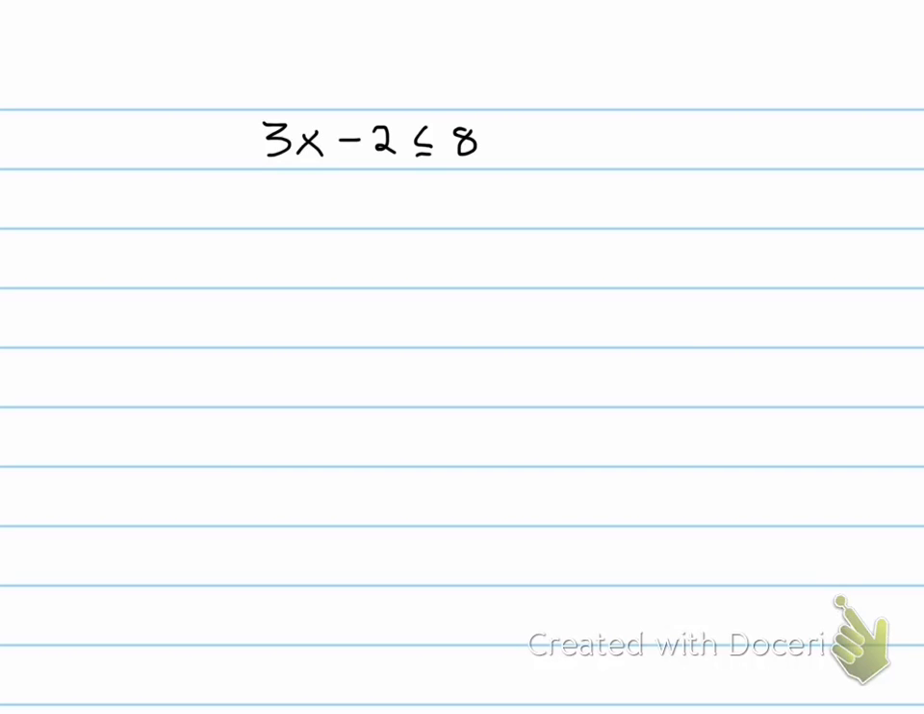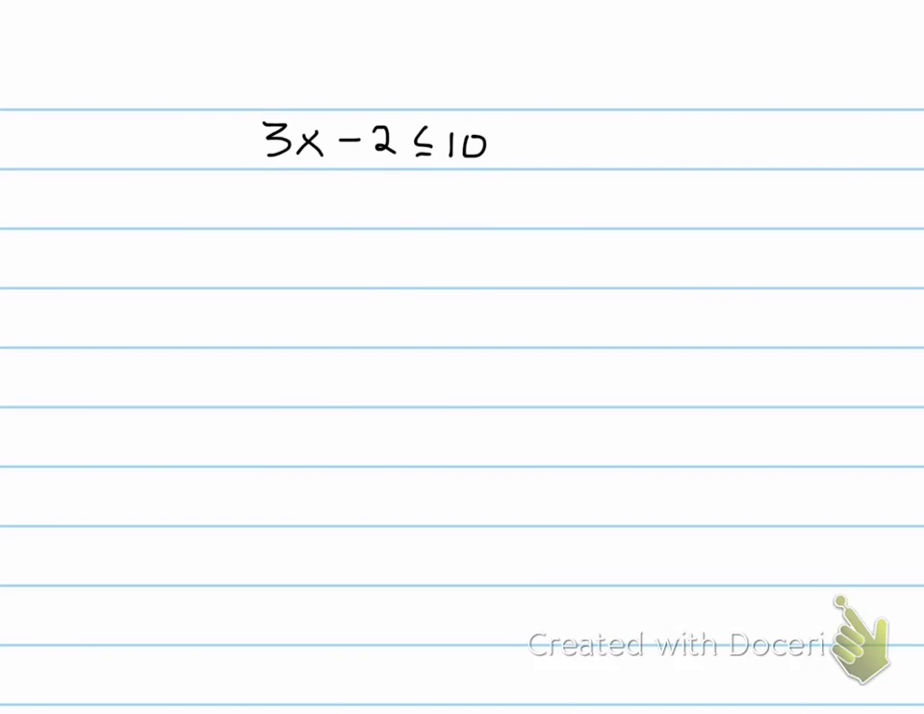Alright, let's look at this one. This one has more steps. Makes it harder, right? Guys, I had to change that. I changed that to a 9. It was an 8 before. So my first step to get x alone, we get rid of addition and subtraction first usually. So plus 2, plus 2. So what do we have left? We have 3x is less than or equal to